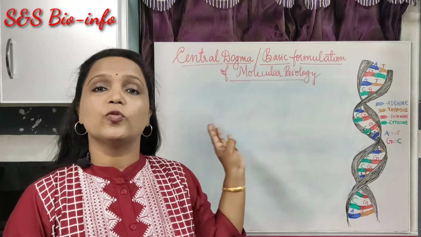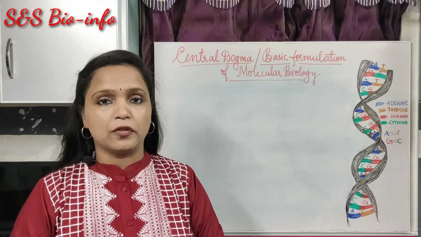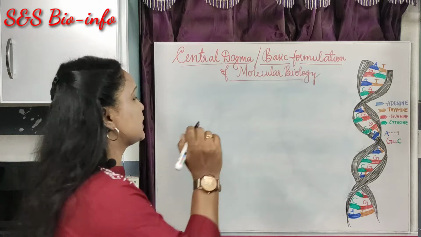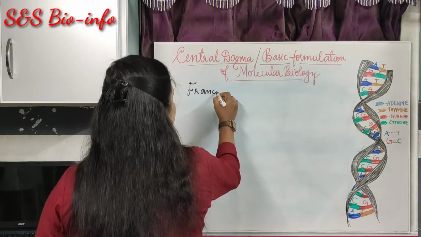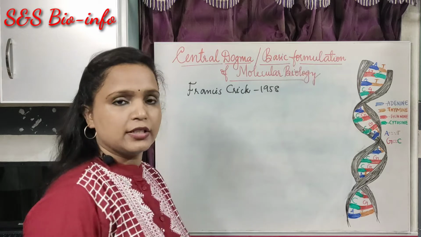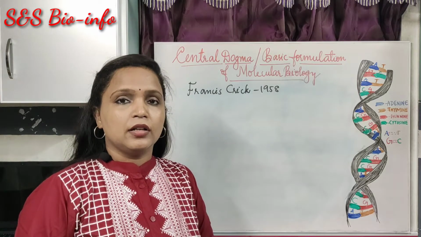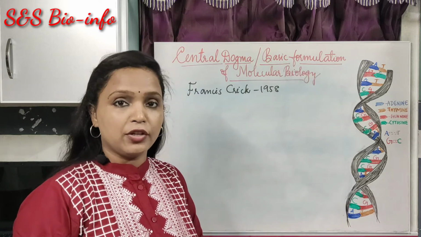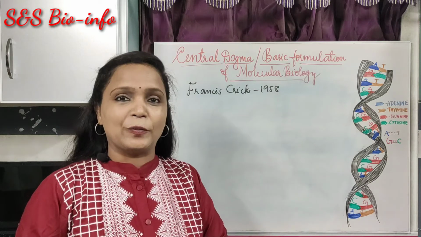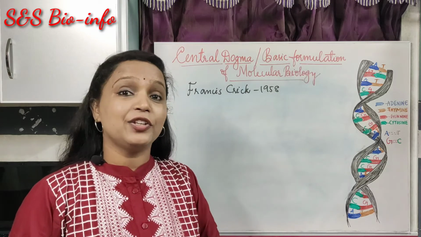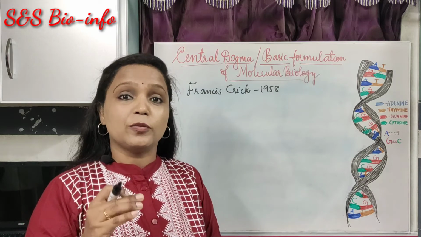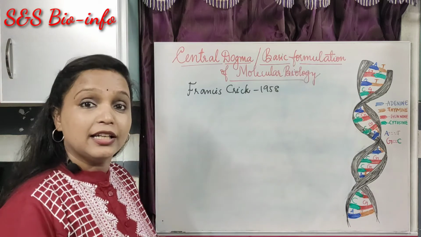This particular concept was formulated after the discovery of the DNA double helix by James Watson and Francis Crick. Later on, Francis Crick in 1958 proposed this particular concept in molecular biology. It states that there is a unidirectional flow of information from the master copy, that is DNA, to the working copy, which is RNA, and finally to the building plan, polypeptide or protein. So, the central dogma in molecular biology can be diagrammatically represented as